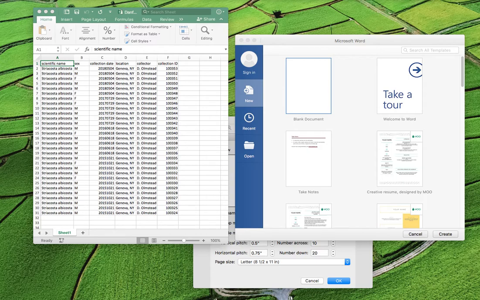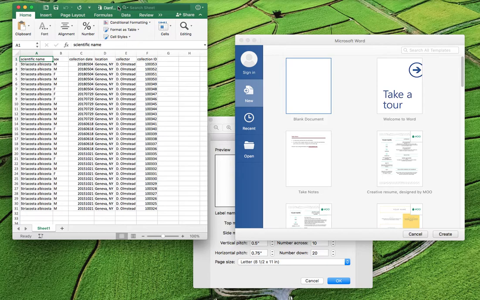Sometimes in the past I've written out labels and it strains my eyes and it hurts my hands after a couple hundred, and so this is just an easy way to get around that and really make your collection pop. So to start with, what you want to do is create a list of your specimens with any pertinent